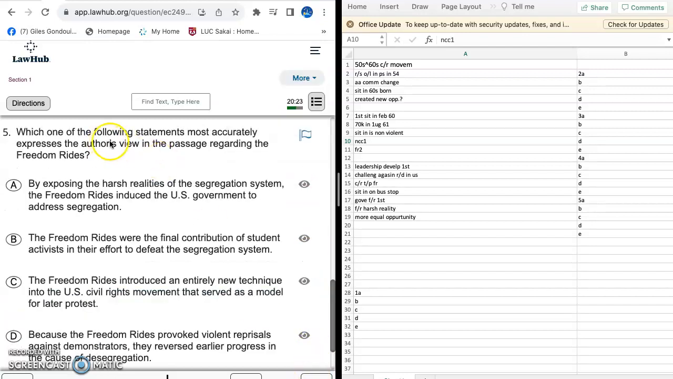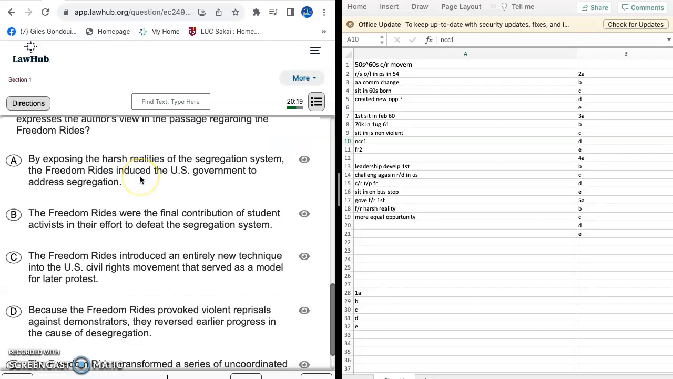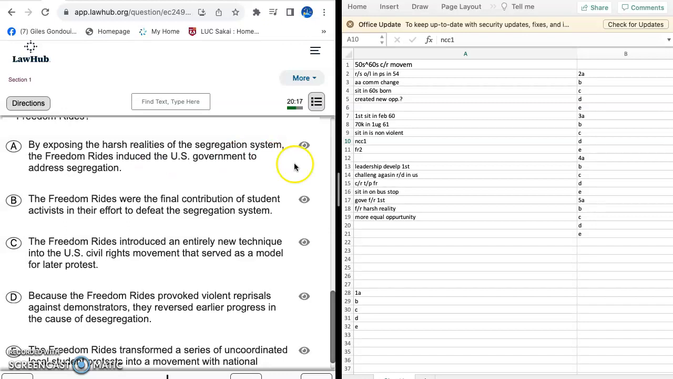Moving on to the last question. Which of the following statements most accurately expresses the author's view of this passage regarding the freedom riders? Well, it looks like they look at them as the first ones to use the harsh reality that we took notes about and come up with the more equal opportunity. So let's actually use that, because we